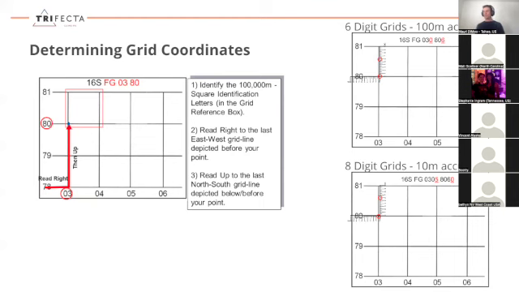Now, the way you measure these numbers is you are going to use either the scale on your compass, the scale on your protractor, or the scale from your map to measure where those numbers are. The key thing that people mess up when they're looking at grid coordinates is they flip the two numbers and they start going from bottom to top instead of left to right. You always read a grid from left to right and then bottom to top. The way I do this is between the 0-3-0 here on the 6-digit grid and the 8-0-6, I will put a significant space or even a slash line through it